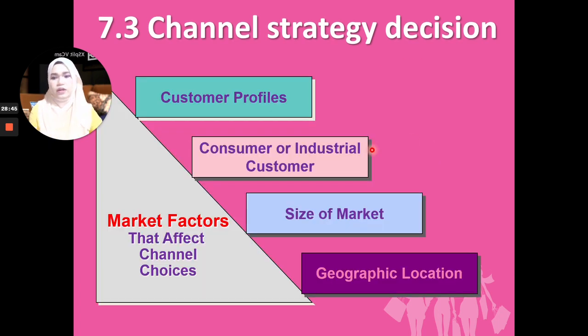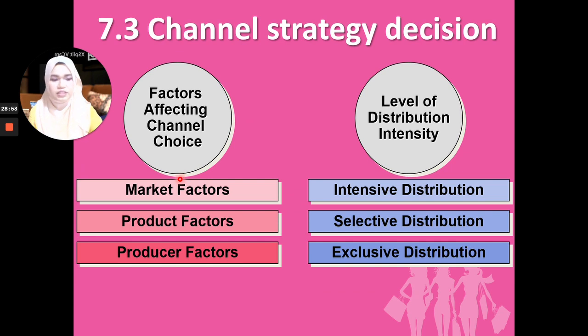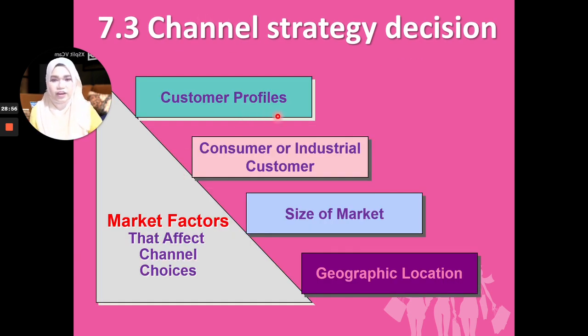Now let's look at what are the factors that affect channel choices. The first one, customer profile. This is when you talk about market factors, yeah? Customer profile, where are these customers located? You're talking about the demographic factors, okay? How frequently would they buy the product? What is their age? Would they be able to buy the product themselves, or do they need parents to buy it? Is it for male or for female? Those things are typically customer profile.